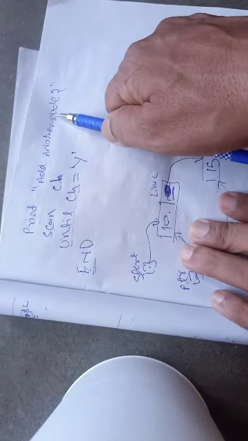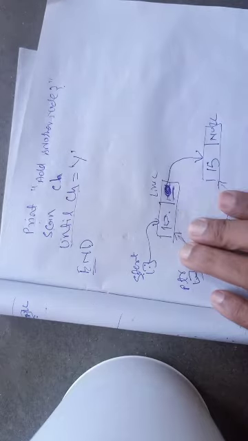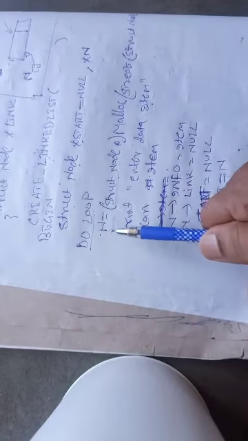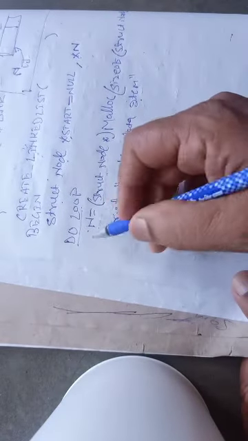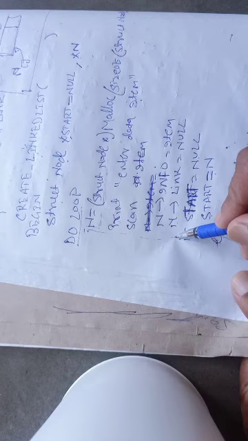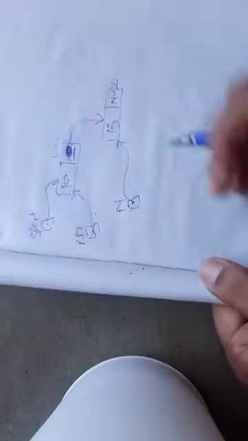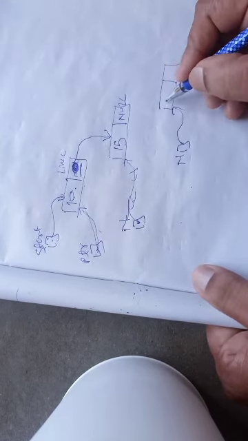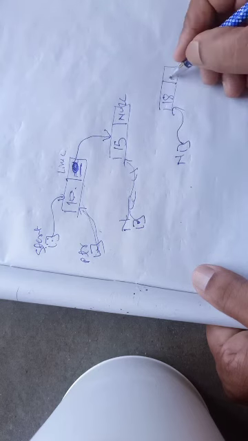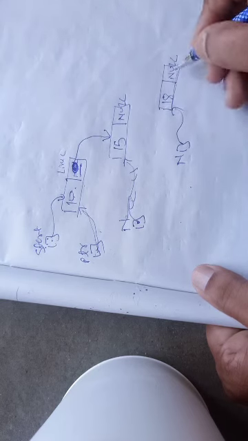This question will be asked: scan ch. Now again, if the user wants to add one more node, what happens? Again it will come back to the do loop. Again a new node will be created. So a new node will be created like this, and now the variable n will contain the new node, and its info part will contain, let's say, 18. Its link part will become null. Now this is the new node.